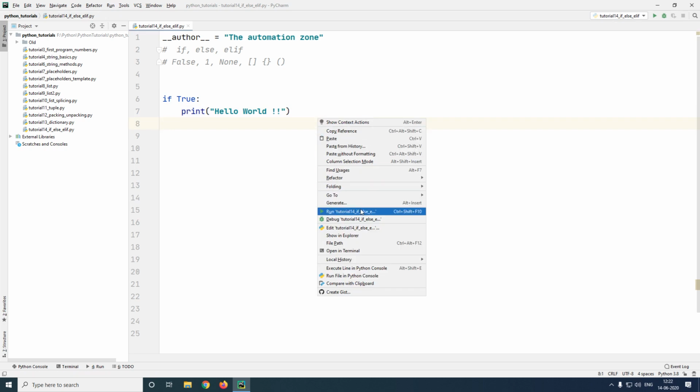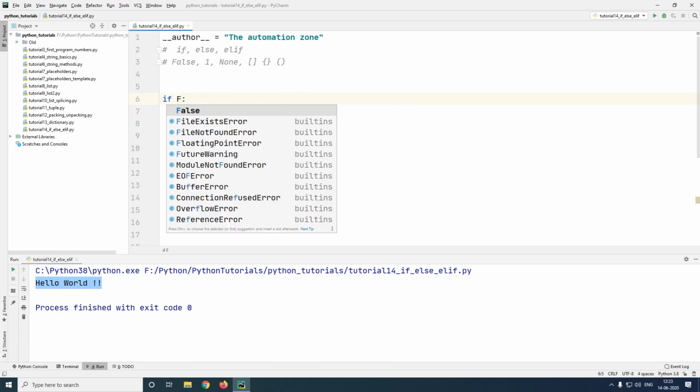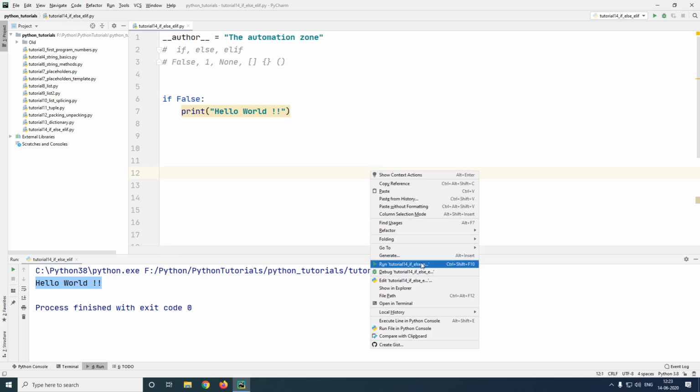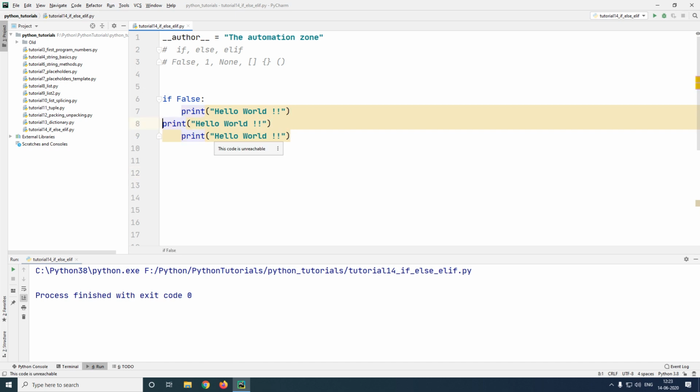Now if I execute this code, you will see that the line printed inside of the if condition is executed. If the value in the if condition was false, like this, as you guessed it, the code will not be executed. Now you can either have one line of code or more than one lines of code. Just make sure that they all follow the exact same indentation. If you have any piece of code which does not follow, it will throw you an error.